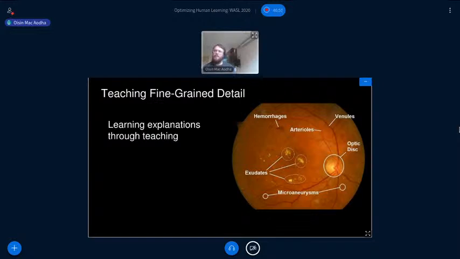Okay, maybe the last one or two slides. Another big issue at the moment is that these explanations I presented, while they're effective, are clearly very simple and not particularly grounded in real world semantics. Here's an example, again, of an image of a human retina. There's a language that's used to describe the various properties, features and attributes of these images that, when combined together, will enable a learner to talk about a particular disease, for example.